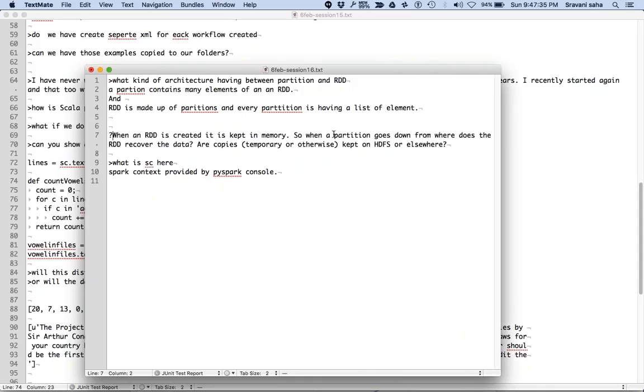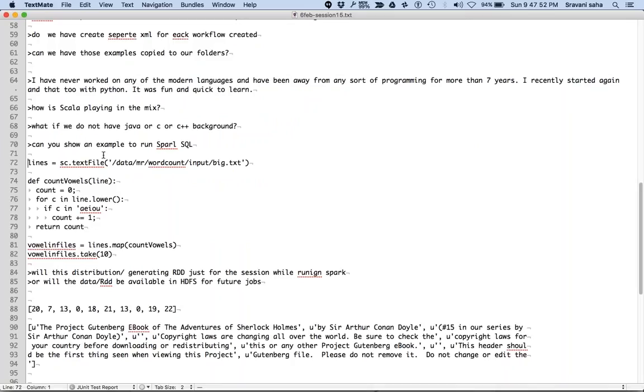Next question from Suraj is, when an RDD is created, it is kept in memory. So when a partition goes down, from where does the RDD recover the data? Let me take a good example for you.